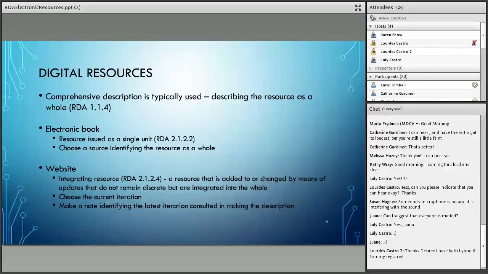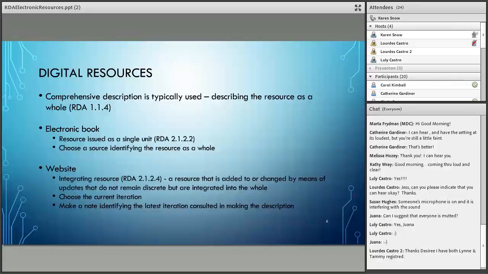So let's start by looking at the bigger picture. At the very beginning of RDA, in Chapter 1, Section 1, type of description, it discusses how there can be three types of description. You can have comprehensive description, which describes a resource as a whole, like a map, a periodical, a collection of posters, for example.